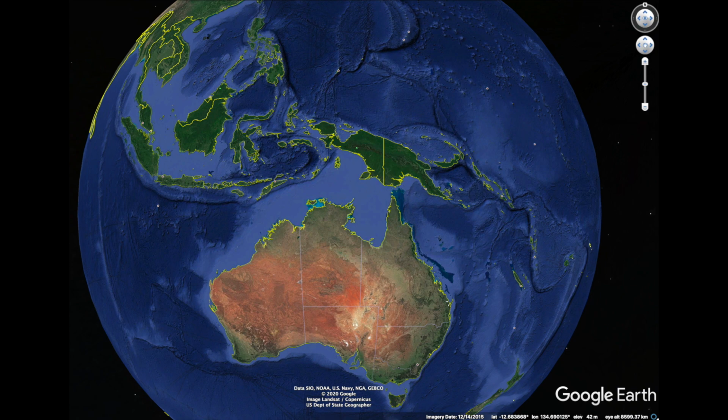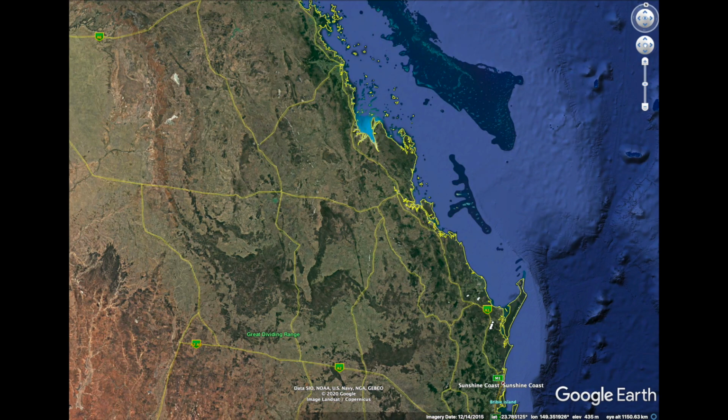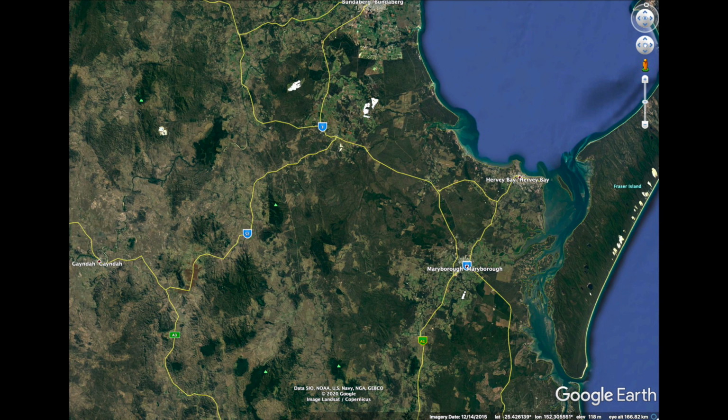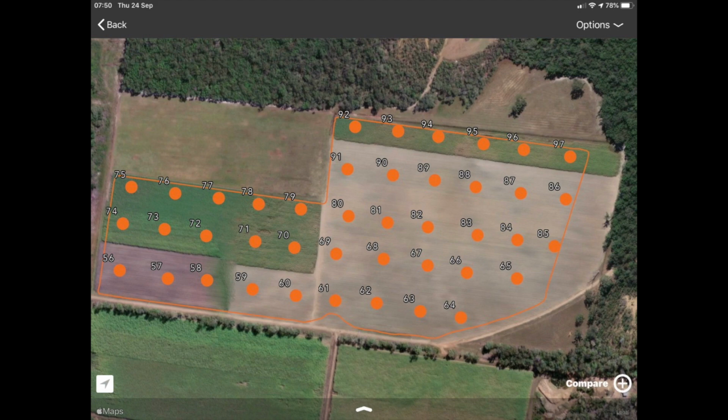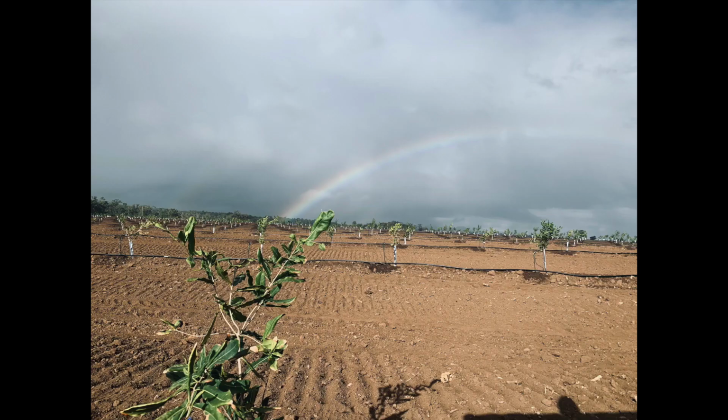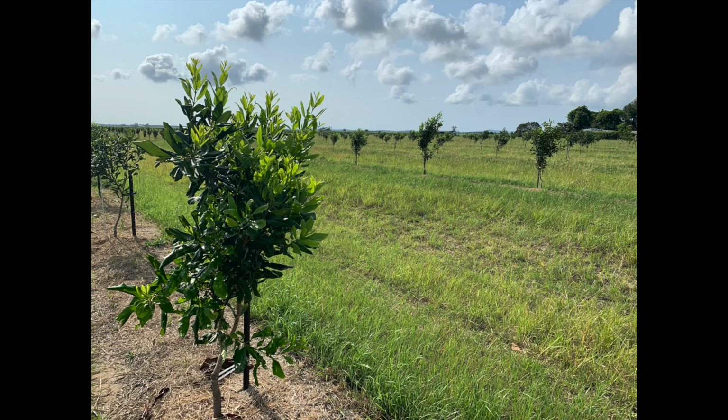Good day everyone. We'll have a look today at some soils out of the east coast of Australia, more specifically the Maryborough irrigation area, water sourced from the Mary River. We've been taking soil samples on a grid basis in these properties. The grid samples are 70 meters apart, and it's mainly on new macadamia plantings that's been established on old cane